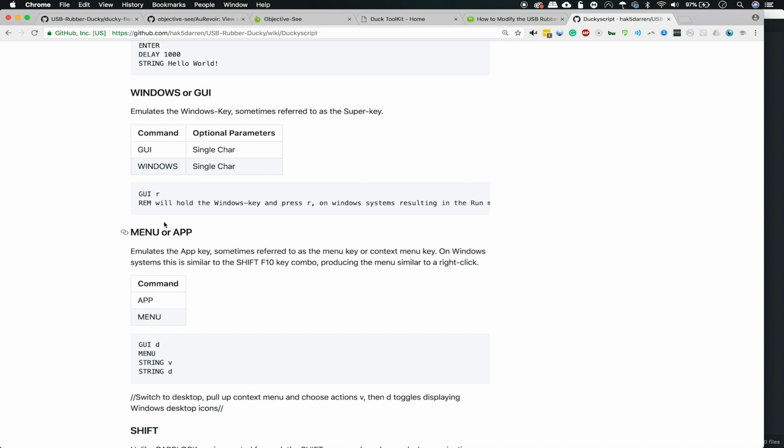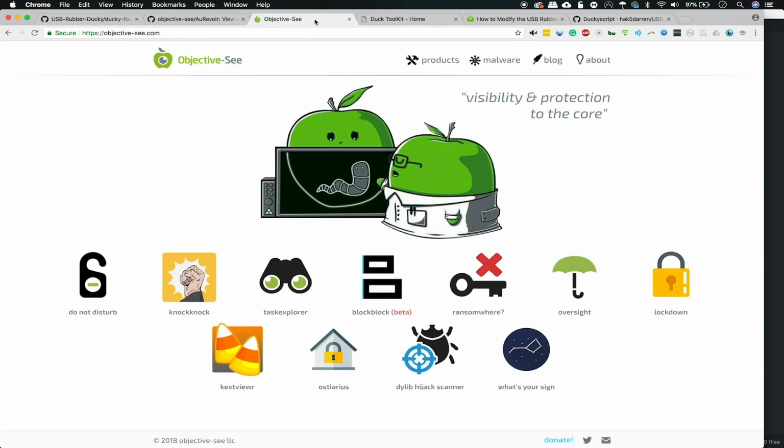Now today what we're going to focus on is the Objective-C project by researcher Patrick Wardle, who previously worked for the NSA and now develops these free and really awesome security tools for OS X. Some of these are designed to prevent ransomware from surprising you by alerting you anytime someone or a program is encrypting files. You have the ability to see when your microphone and keyboard are turned on, so you know if someone is spying on you. And there are other great tools like Do Not Disturb to protect against evil maid attacks that you can check out. And if you like these tools, you can also donate, because he creates these great things and we want to support him as best we can.